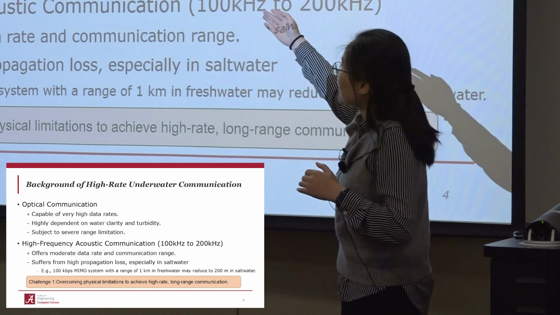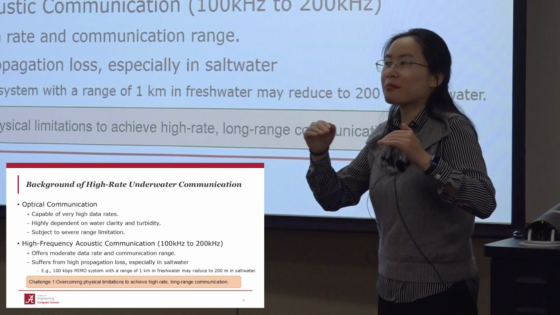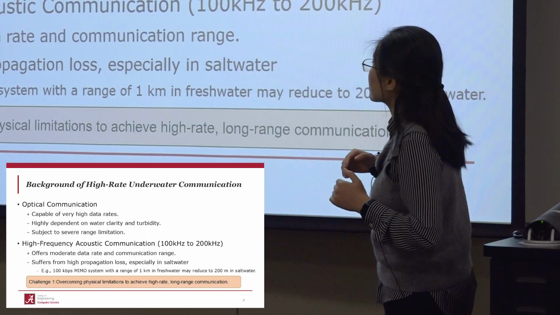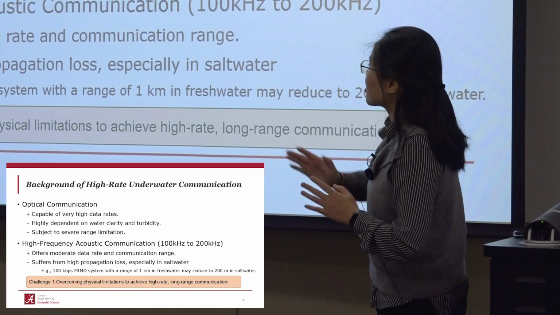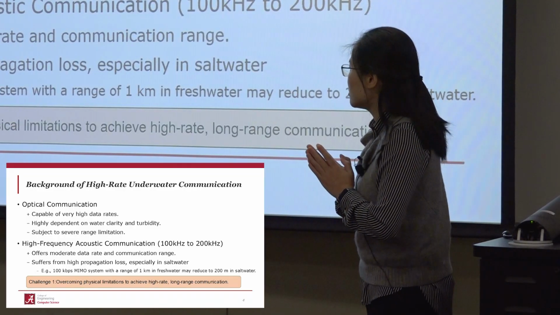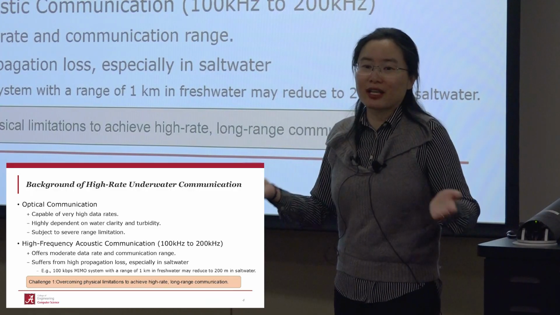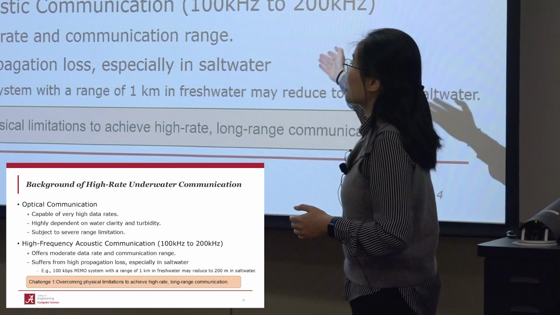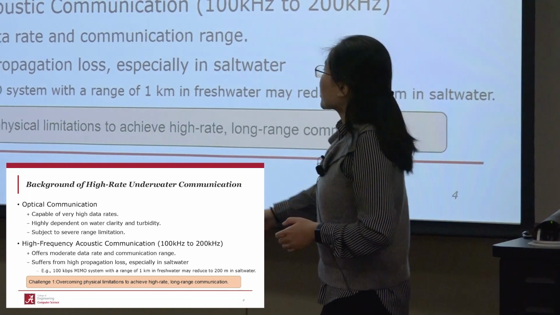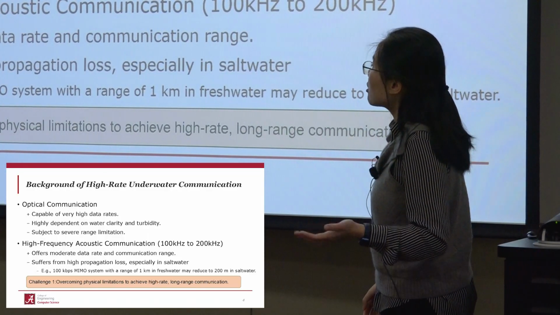The benefit, especially compared with optical, is that acoustic signal can propagate much further than optical signal in water. So that's why it is one of the more commonly used solutions for high data rate communication. However, the high frequency acoustic signal suffers from high propagation loss, and higher frequency will increase the propagation loss in water. For example, if we consider one existing solution which can support 100 kbps